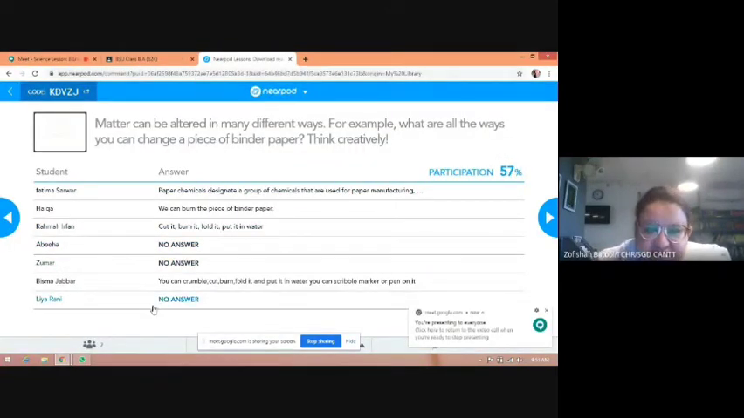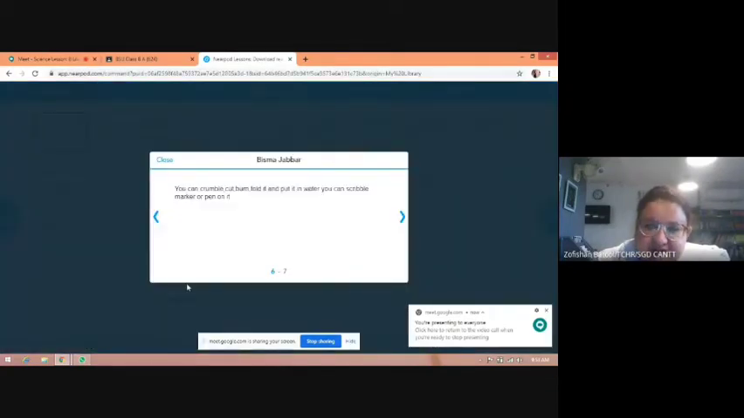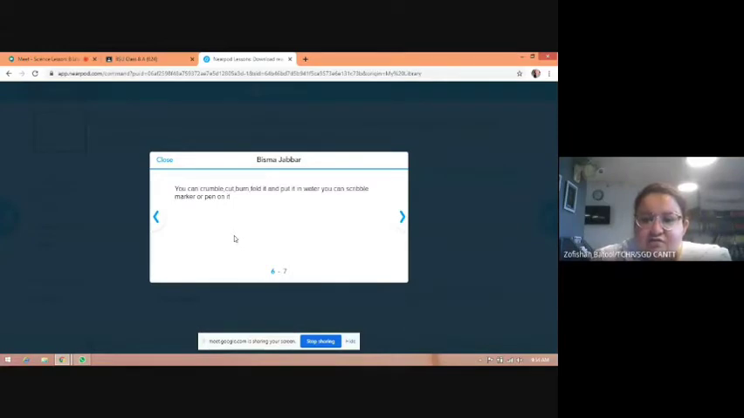Okay, so Bisma is saying you can crumble it. Wow, yes, that's correct. You can crumble it. You can cut it, you can burn it, you can fold it, you can put it in water, you can scribble marker on it, and or you can scribble a pen on it. Yes, that's correct. So basically यही हो सकता है।